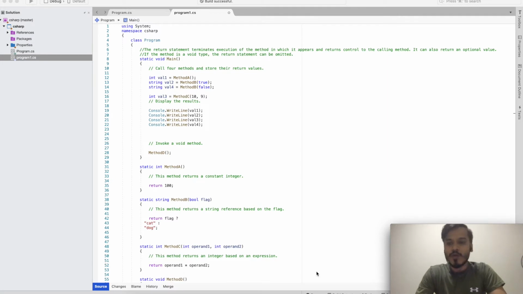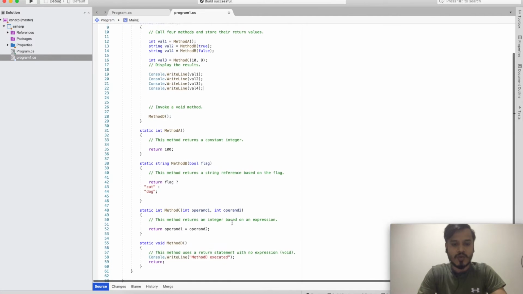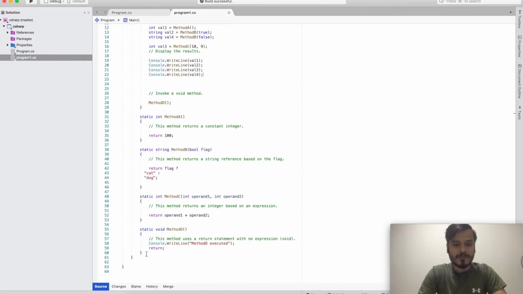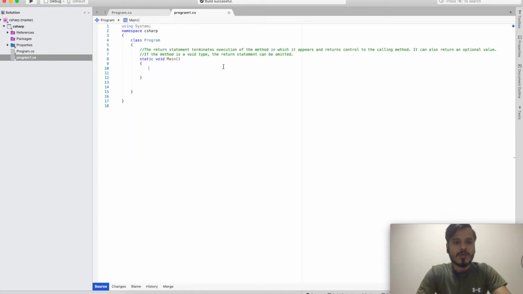In this video we are going to see how we can take input from the user, and for that we are going to use some built-in method, and I'm just going to remove all this code. So here we have one main method, and in that main method we are going to write some lines of program on how to take user input. Say, for example, I want to give inputs from the keyboard, so how can I do that? So we will be writing some program on that.